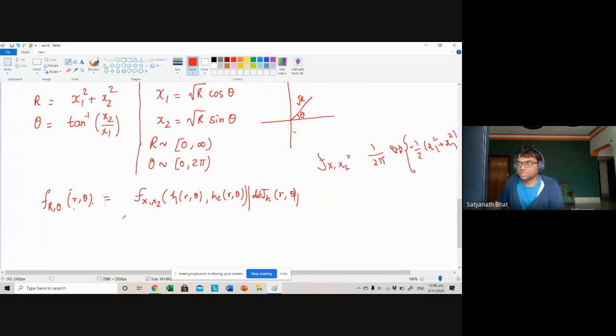So what is this going to be? I'm going to apply square root r cos theta here. So what is the square of this? It is r cos square theta plus r sin square theta. This is going to be r. So what we will have? We will have 1 over